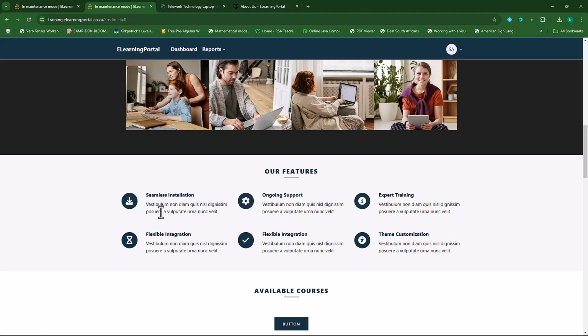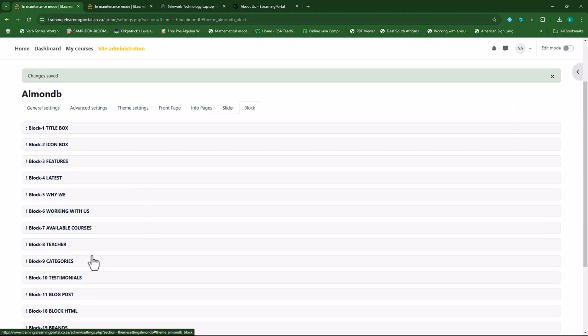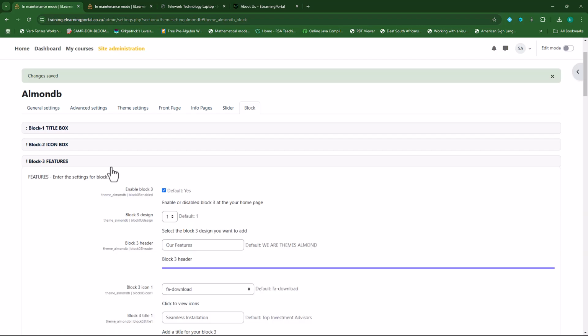Okay, and the default text. So what do we want to change the look of this? Let's go back, block, to our features. So you'll see you have 3 options here. If I select 2,